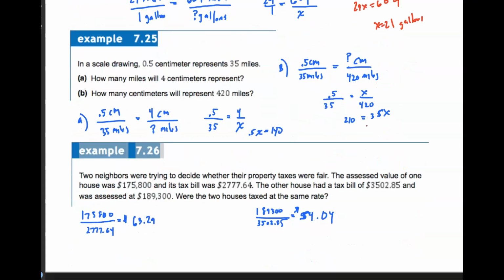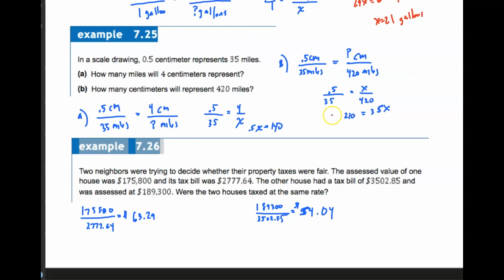Continue on with these other two examples here. Here you have the ratio of a 1/2 centimeter, looking at a map, is 35 miles. So how much is 4 centimeters? So half a centimeter for 35 miles. 4 centimeters is how many miles? And so in this case here, you can then see when you cross multiply, you end up with this answer here. 0.5 times x, 35 times 4, and then you're going to go ahead and then do 140 divided by 0.5. And so in this case, your x is